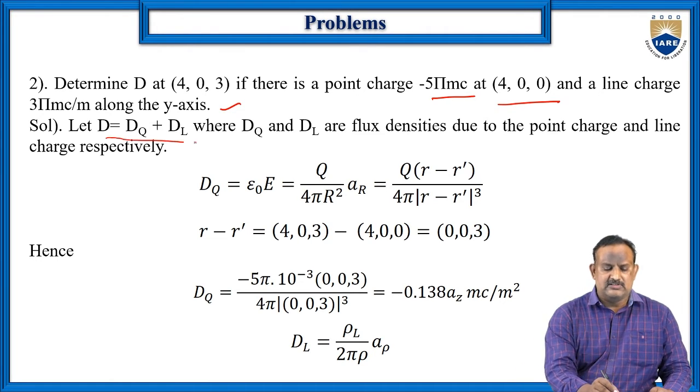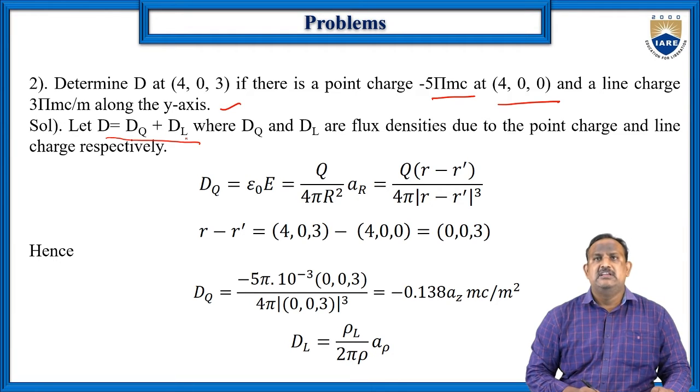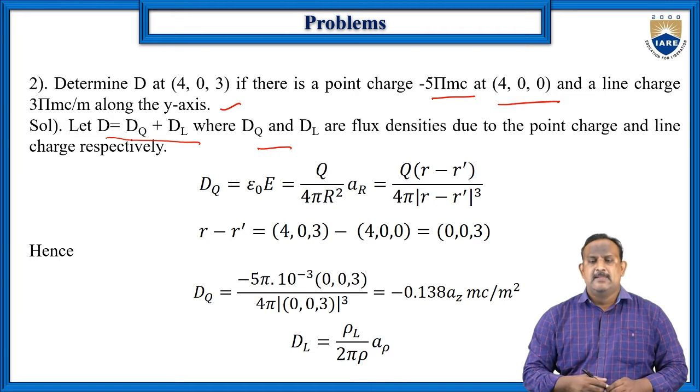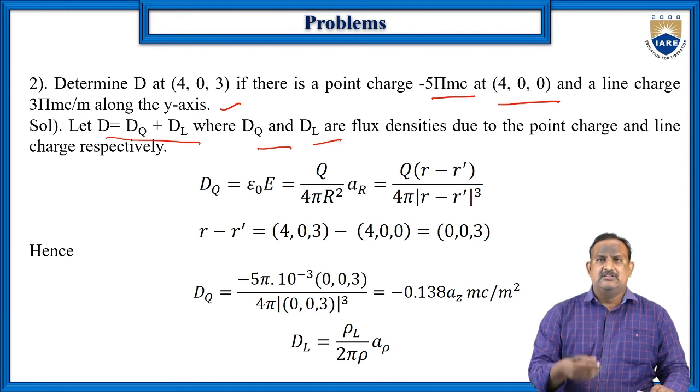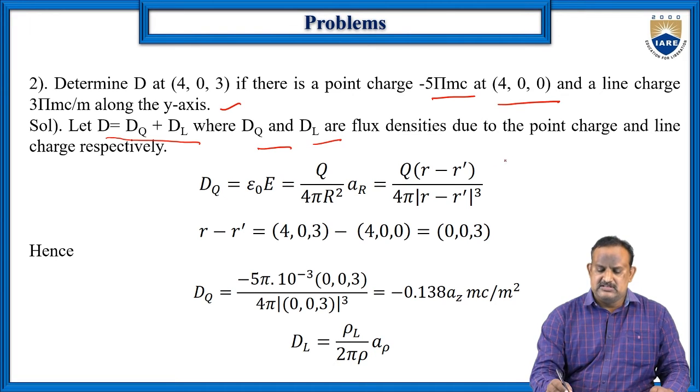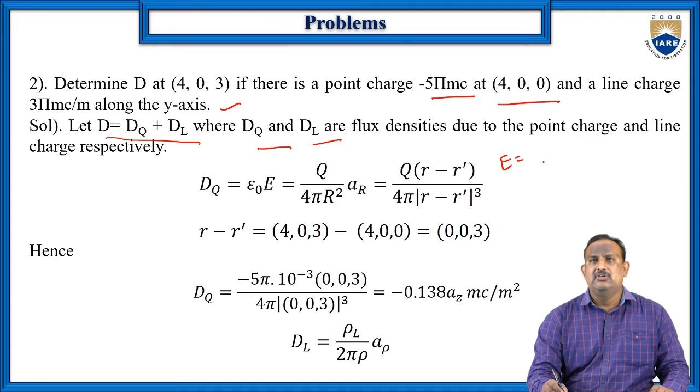Therefore, the total electric flux density D is equal to Dq plus Dl, where Dq is the electric flux density due to point charge and Dl is the electric flux density due to line charge. Therefore, first we will find out the electric flux density due to the point charge. So here the formula for electric flux density is, we know that the electric field intensity E